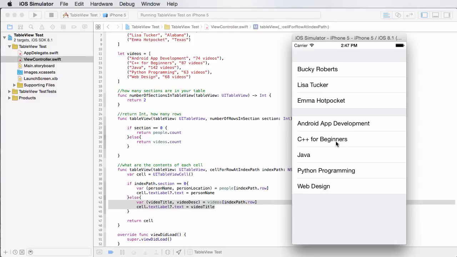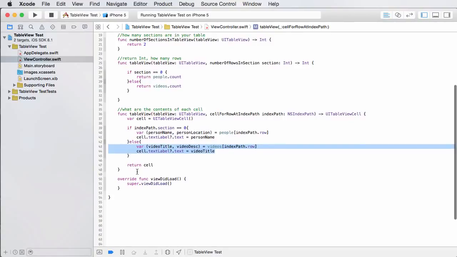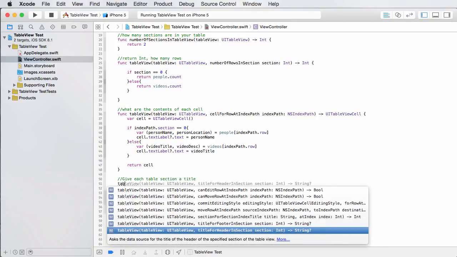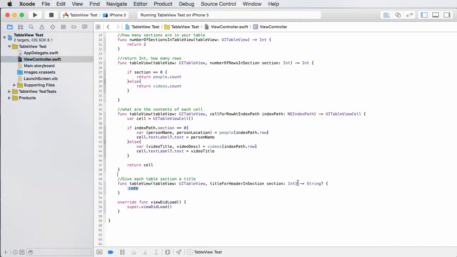So if the user's just looking at this, they're like, okay, so I see a bunch of names and then I see a bunch of programming categories. What the heck am I looking at? It's always useful to give them a nice little title above each video section. So I'll show you guys the method to do that. Let me just say, give each table section a title. Alright, so if you go to table view and you return string, then what you can do,